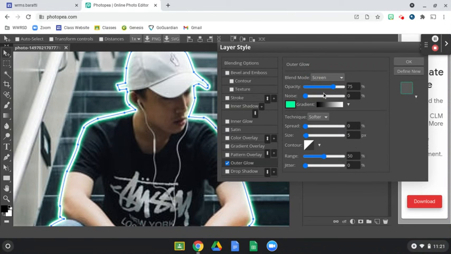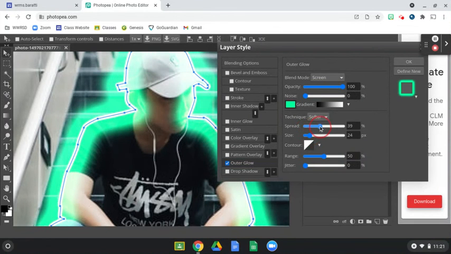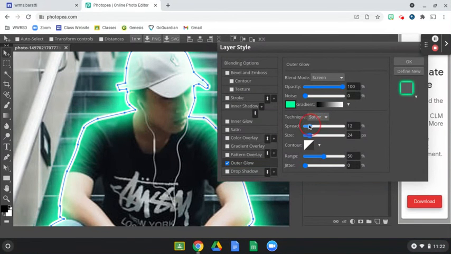And then you can play around with all of these, the opacity. If you turn it all the way up, it will look brighter. If you turn it down, it's more subtle. So I guess that's up to you. You can change the size. And if you look at this little square up here, this will show you what your outline is going to look like. So if you want a really wide and bright glow, then you could adjust these, but just play around and see what you like. I don't know what I like. All right, once you have come to a good